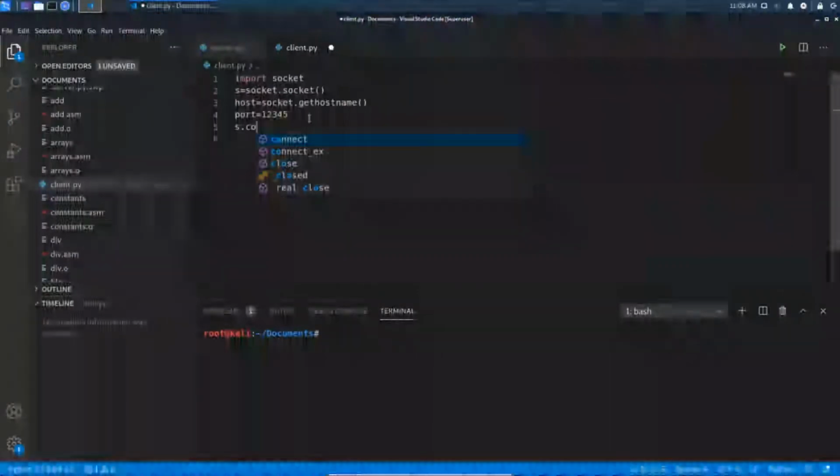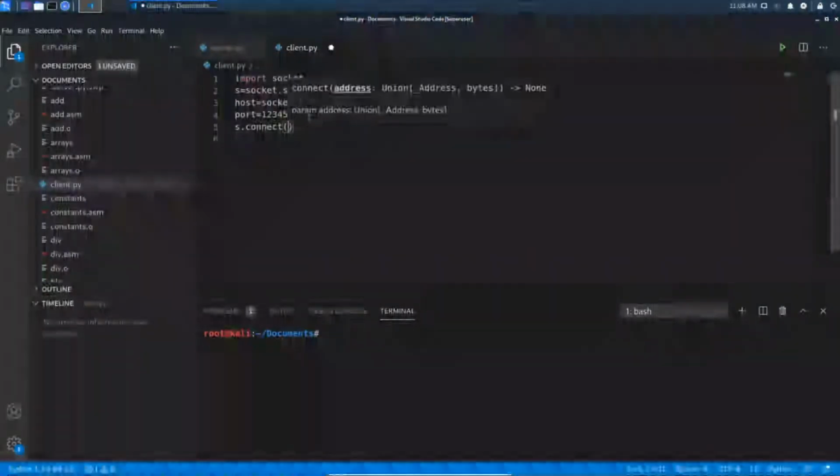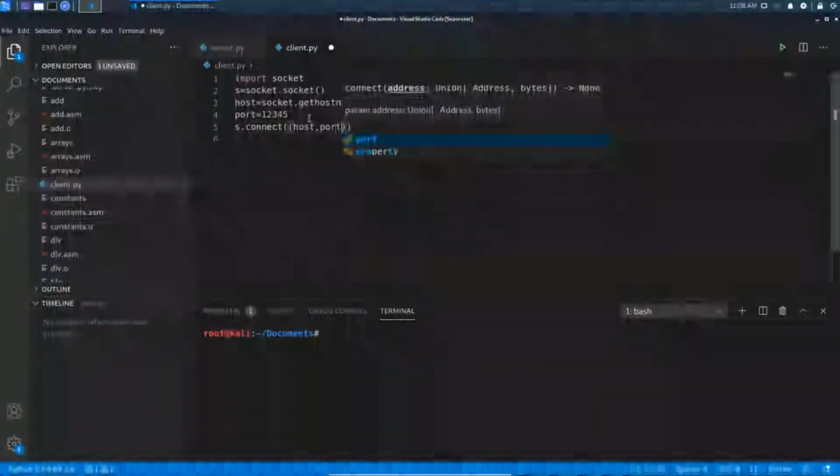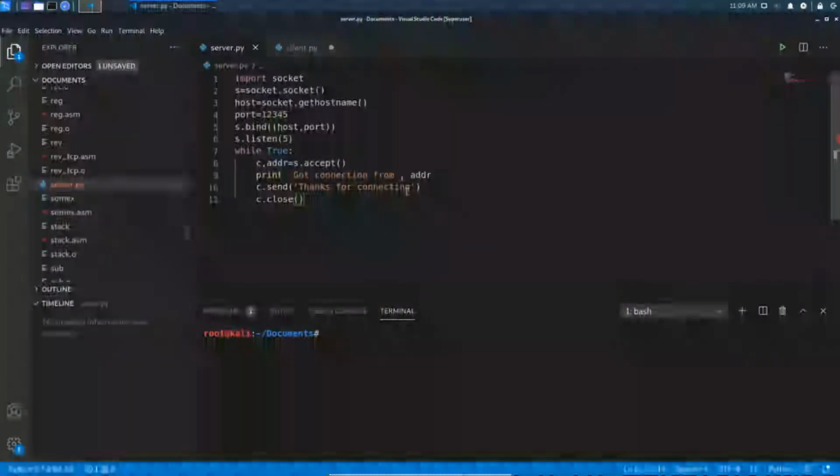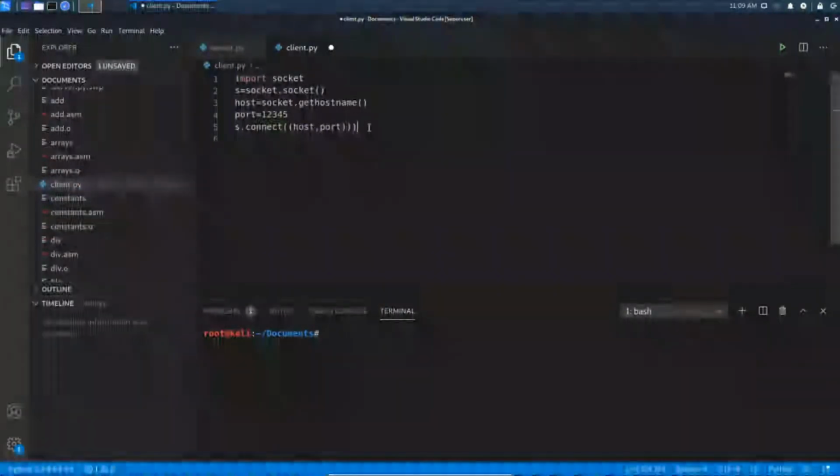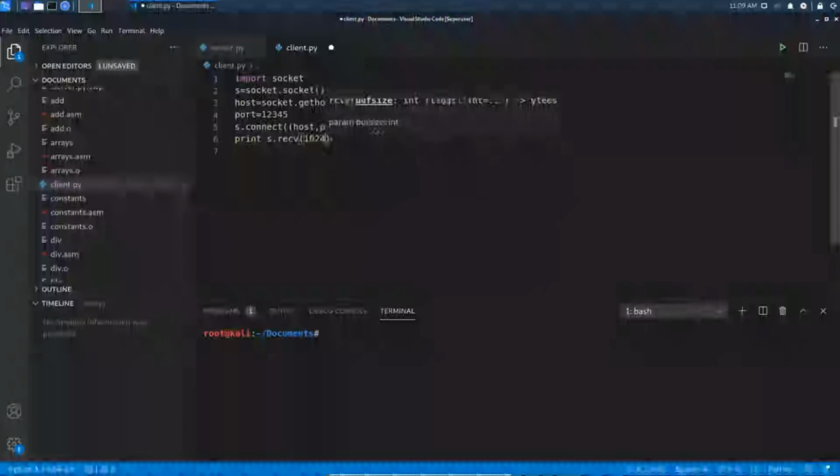To connect with our server, we are going to use the connect method. At last, our server sent a message called thanks for connecting, and we are going to print that message using the receive method, and here I passed 1024 bytes.